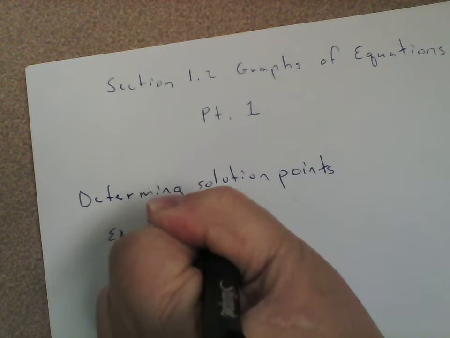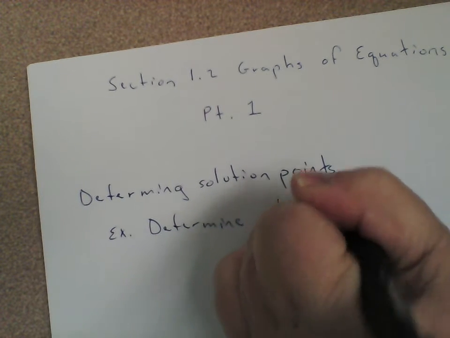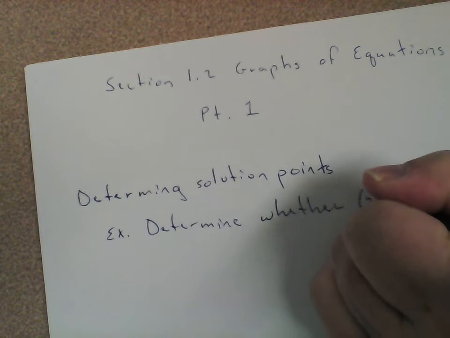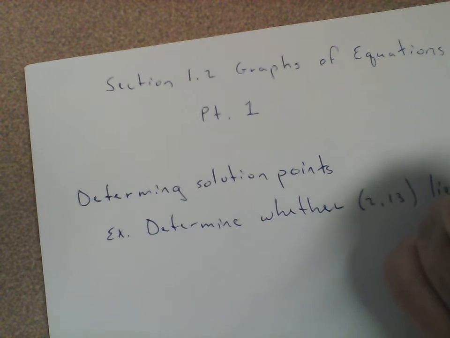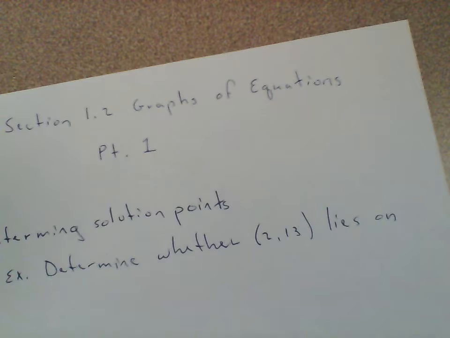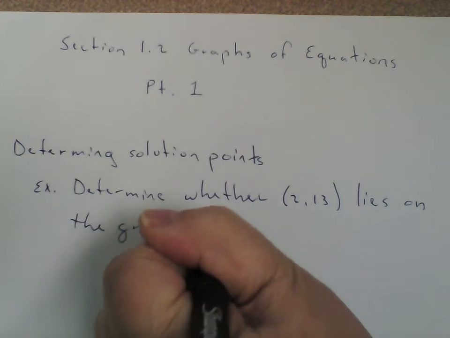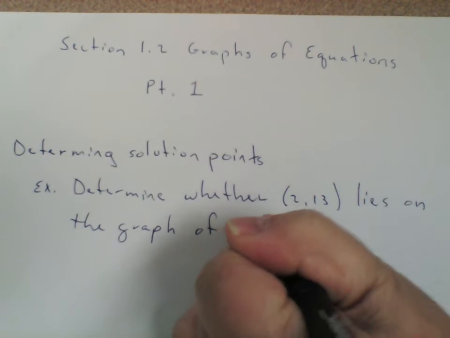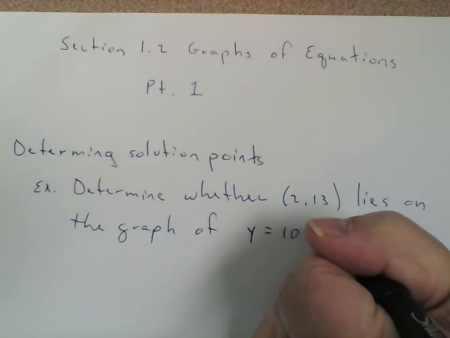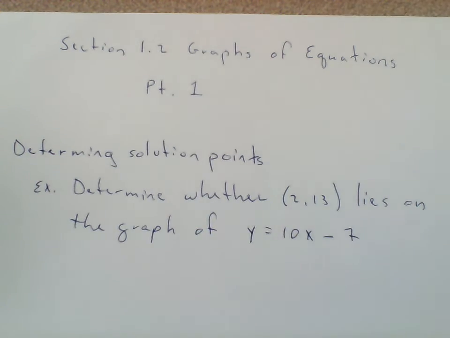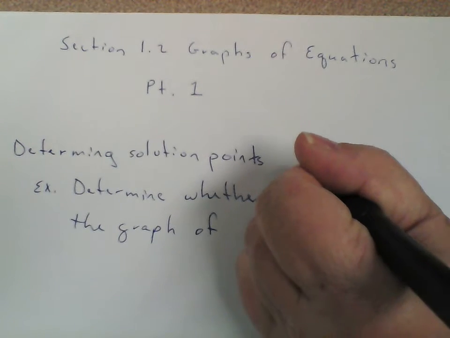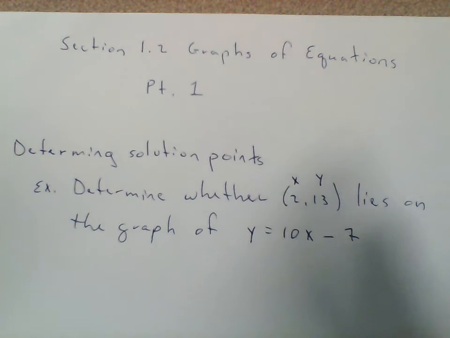determine whether (2, 13) lies on the graph of, say, y equals 10x minus 7. The way we would determine whether this point would lie on the graph of this equation would be to plug in our x, y values, this being our x and this being our y value, into x and y in the equation